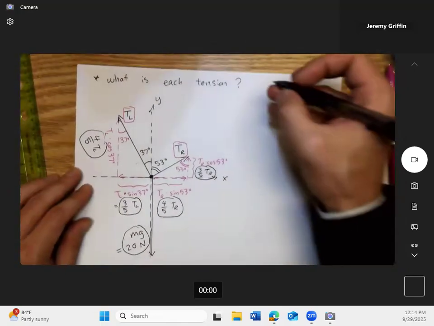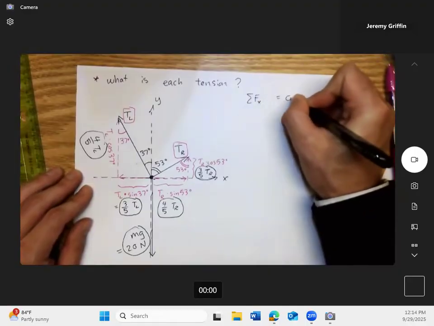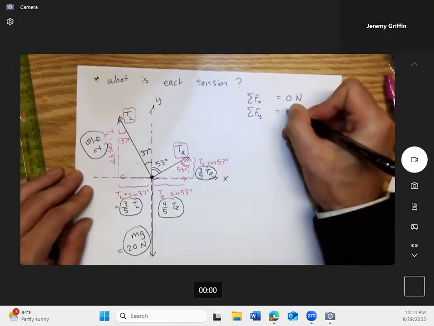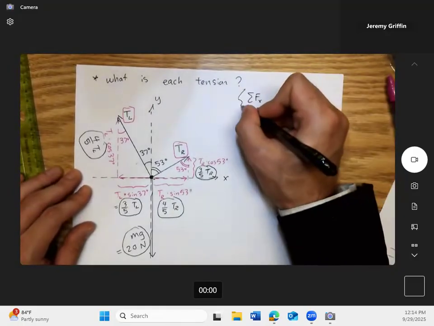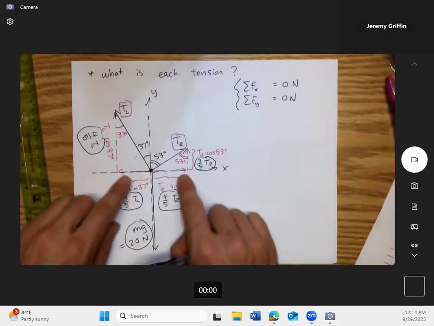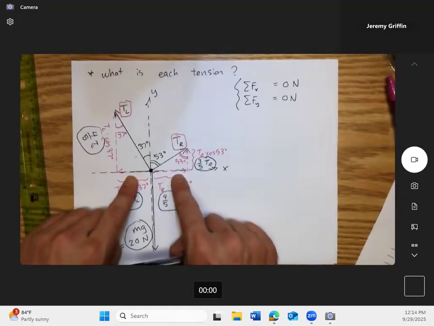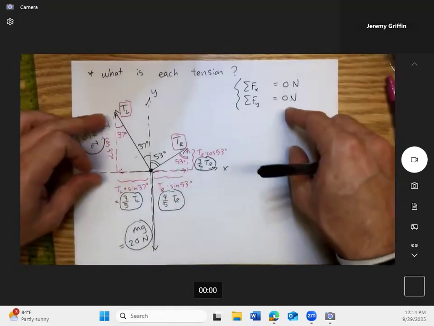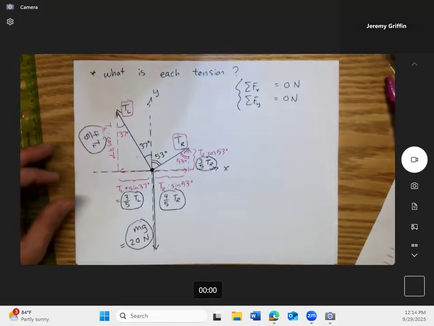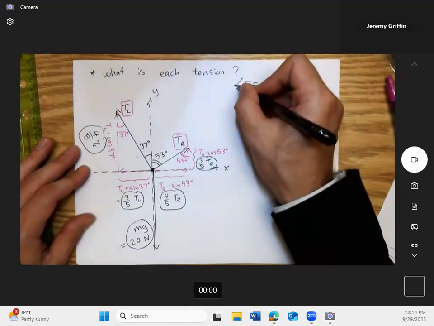Okay. Now the two conditions to solve this are like this. The sum of the forces in the x direction goes to 0 newtons. The sum of the forces in the y direction also goes to 0 newtons. Okay. That's going to set us up a system you can use to eventually solve this. So these two, right and left, have to cancel out. You guys notice I drew my picture like that? Made these the same magnitude, just opposite directions. And then also in the vertical, these two upwards have to cancel out with this downwards. So that's it.